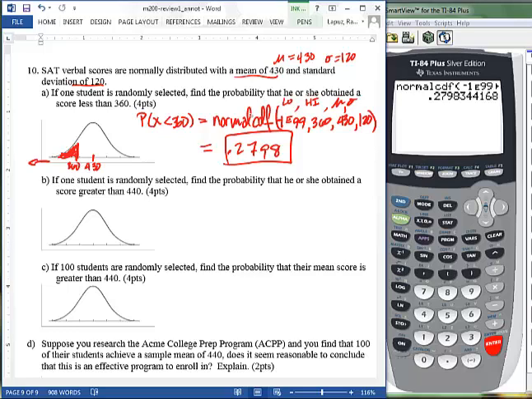The next question is similar. One student is randomly selected; find the probability that they obtain a score greater than 440. So this is 430, again the mean. 440 is a little bit bigger than that. Let's put a marker here, 440, and shade that in. It's good for me to see the bell curve, and it's good for you to draw it, because if you draw the bell curve you can clearly see your low and your high for your normal CDFs. So our probability that our score is greater than 440